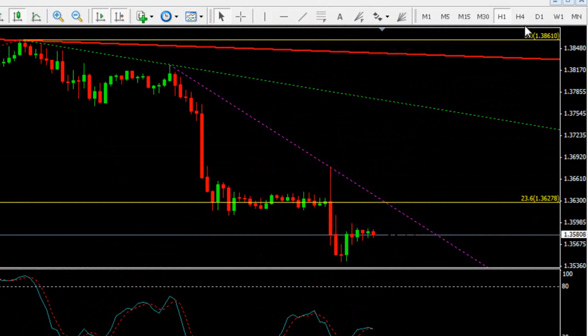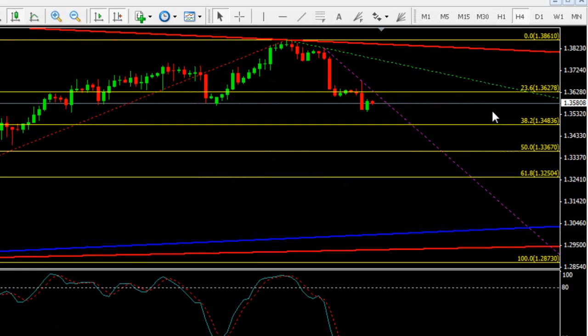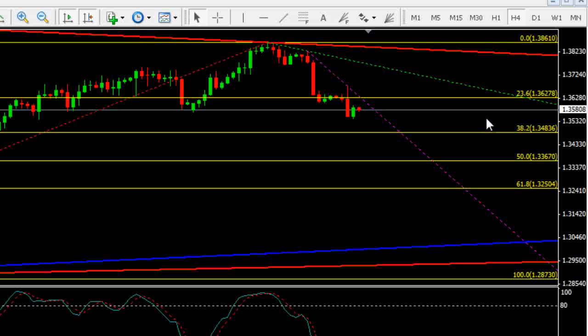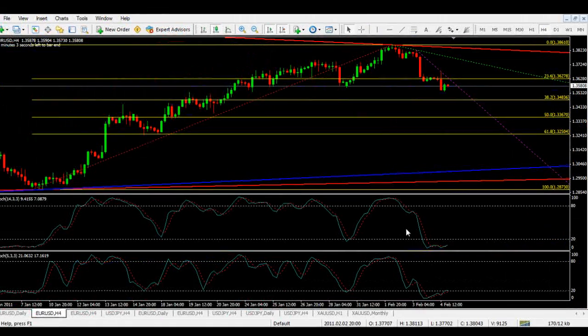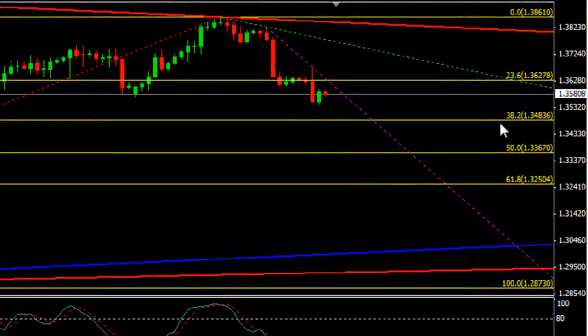And if you see the same chart in H4, now this is how it looks, with fancy colors. From here, we are going to forecast the possible ways the market could move for the following week. And now, there are these four possible ways the EURUSD can move for the following week. On Monday, Tokyo session, price could fall to this 38.2 at